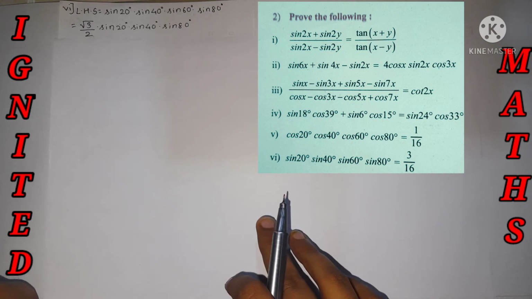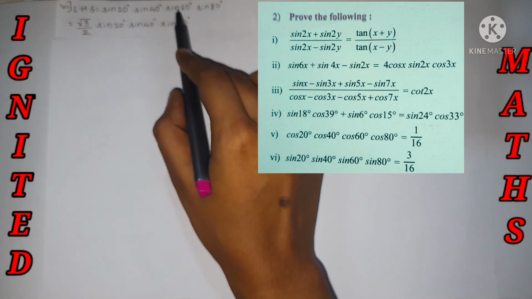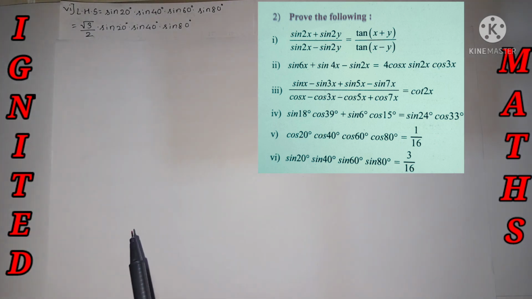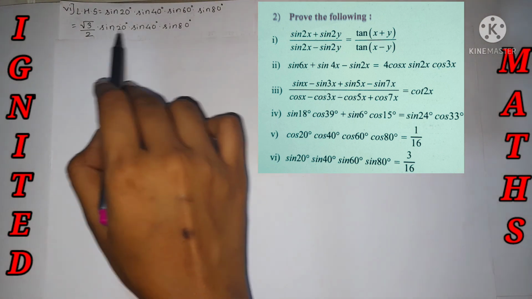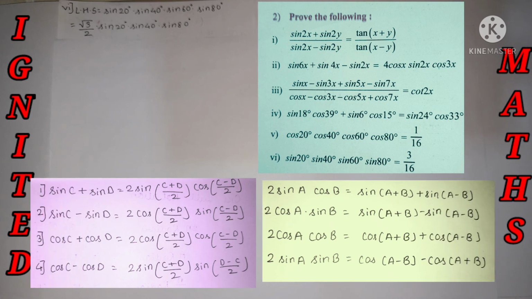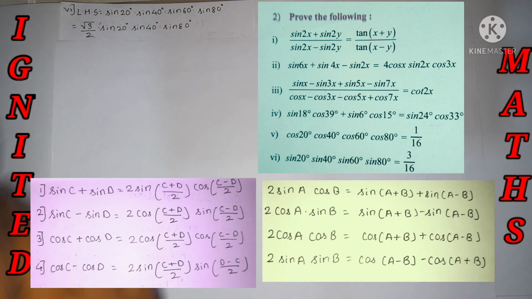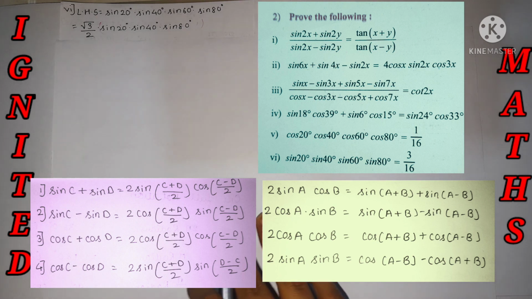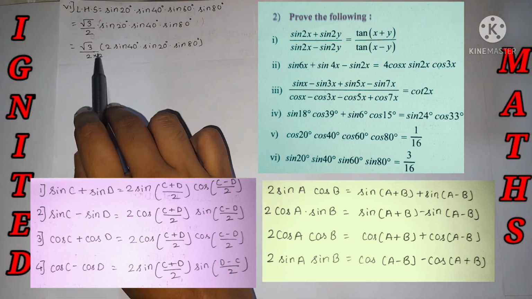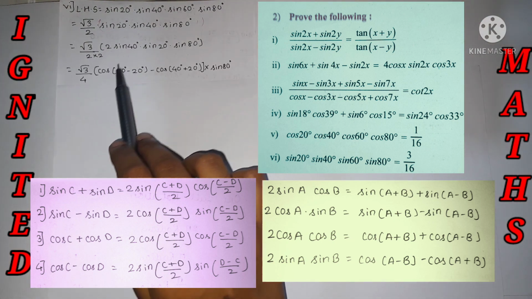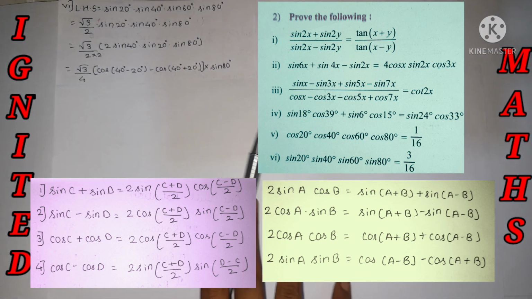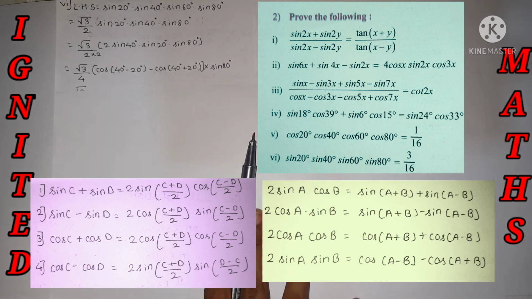So here is my LHS value, but we know the value of sine 60 degree according to the trigonometry table. It's nothing but root 3 divided by 2. Yes, so then this form is in the form of 2 sine a cos b if we multiply with 2, and we can use the formula. For that purpose I have multiplied and divided by 2. So the 2 sine a sine b formula is nothing but cos of a minus b minus cos of a plus b. Yes, and I have represented sine 80 like this.